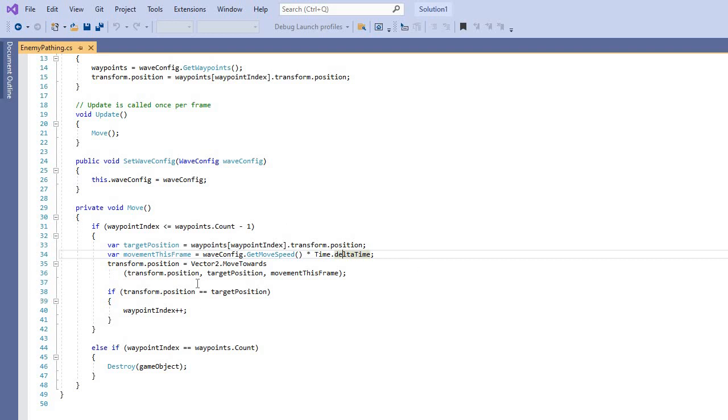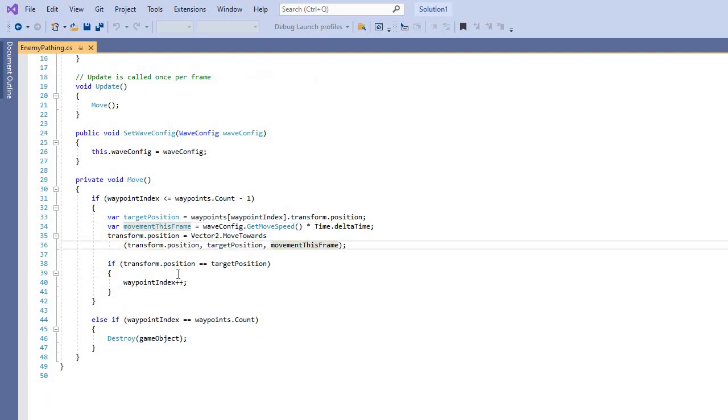So with all that, transform.position again, you're getting the position of it, and you're moving towards this vector too. So you're moving the enemy ship. Maybe the enemy ship is moving. And then